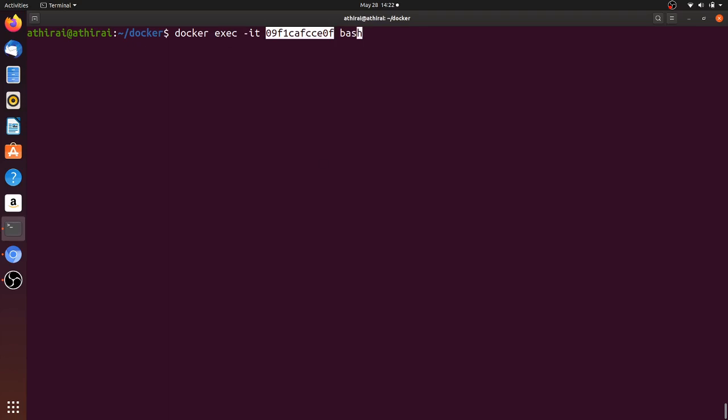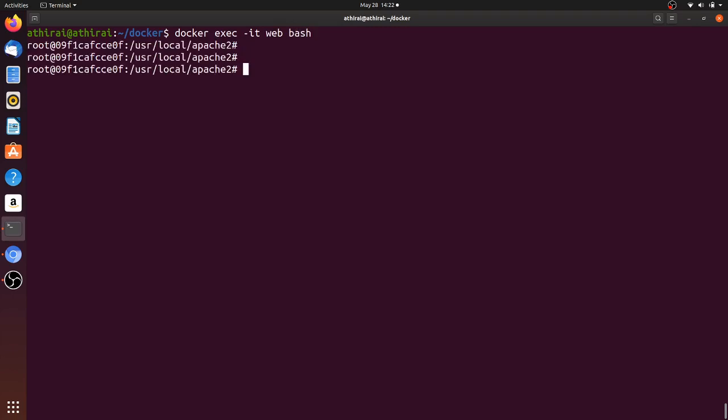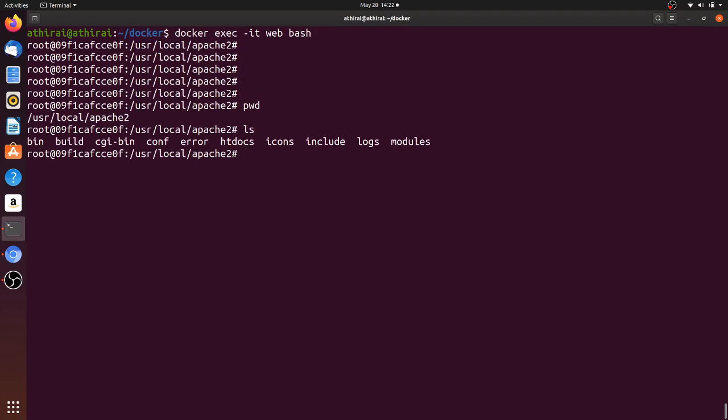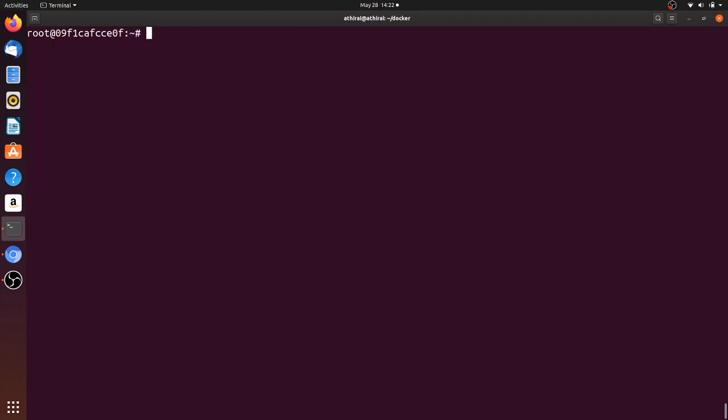Here I can give the container ID, or simply I can give the name of the container, web. So we are now inside the container. I am not in my host machine. This is inside the container. This is the container ID, right?